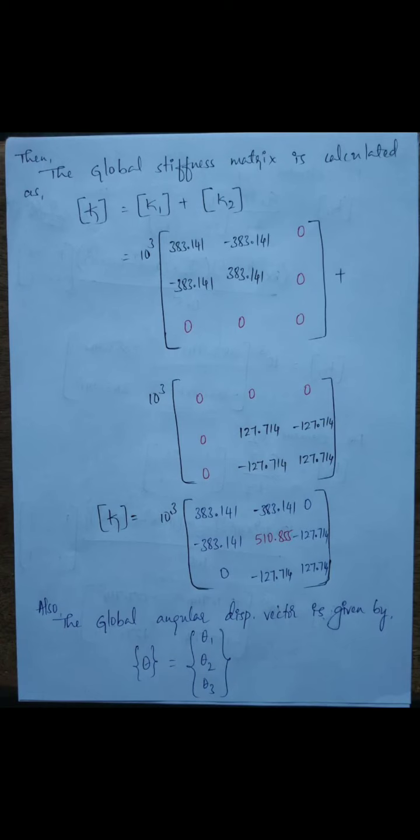Now the order of k1 and k2 has been increased from 2 cross 2 to 3 cross 3 by introducing dummy rows and columns of zeros. When you add these two matrices, the final answer for global stiffness matrix is obtained as 10 to the power of 3 into numbers read in column wise direction: